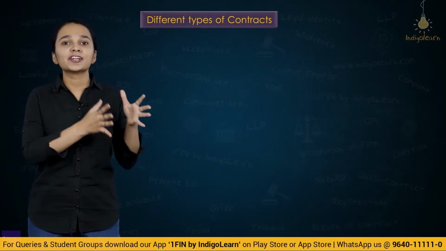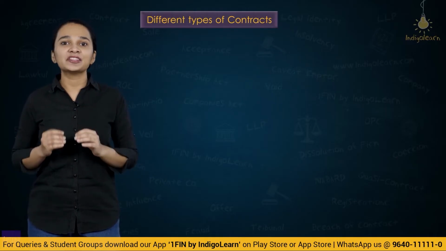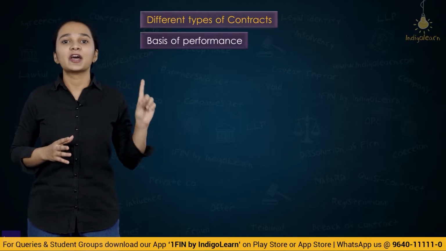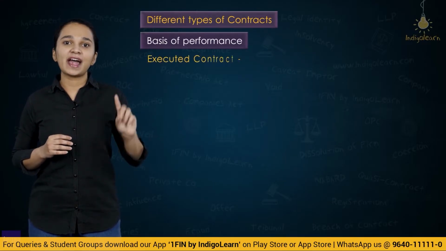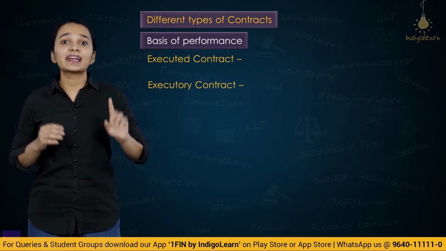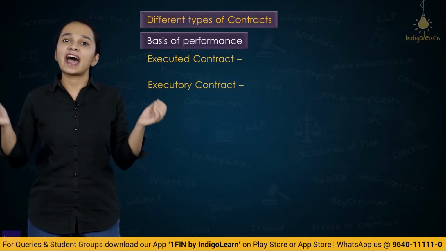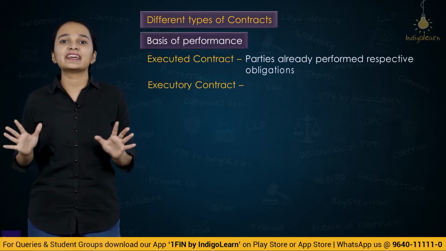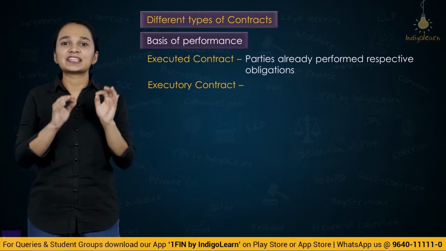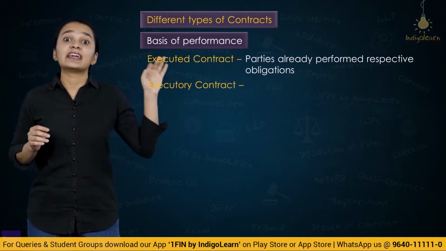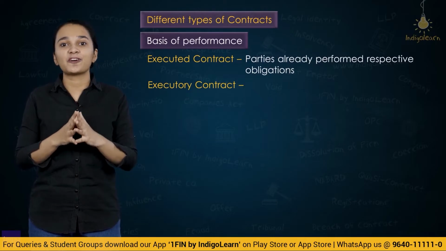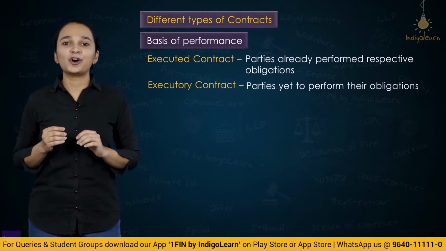After this, we have understood the types of contract on the basis of performance. So on the basis of performance, there are two types. One is executed contract and the other is executory contract. Executed contract, where the parties to the contract have already performed their respective obligations, we call that contract an executed contract. And executory contract is a contract where the parties to the contract are yet to perform their